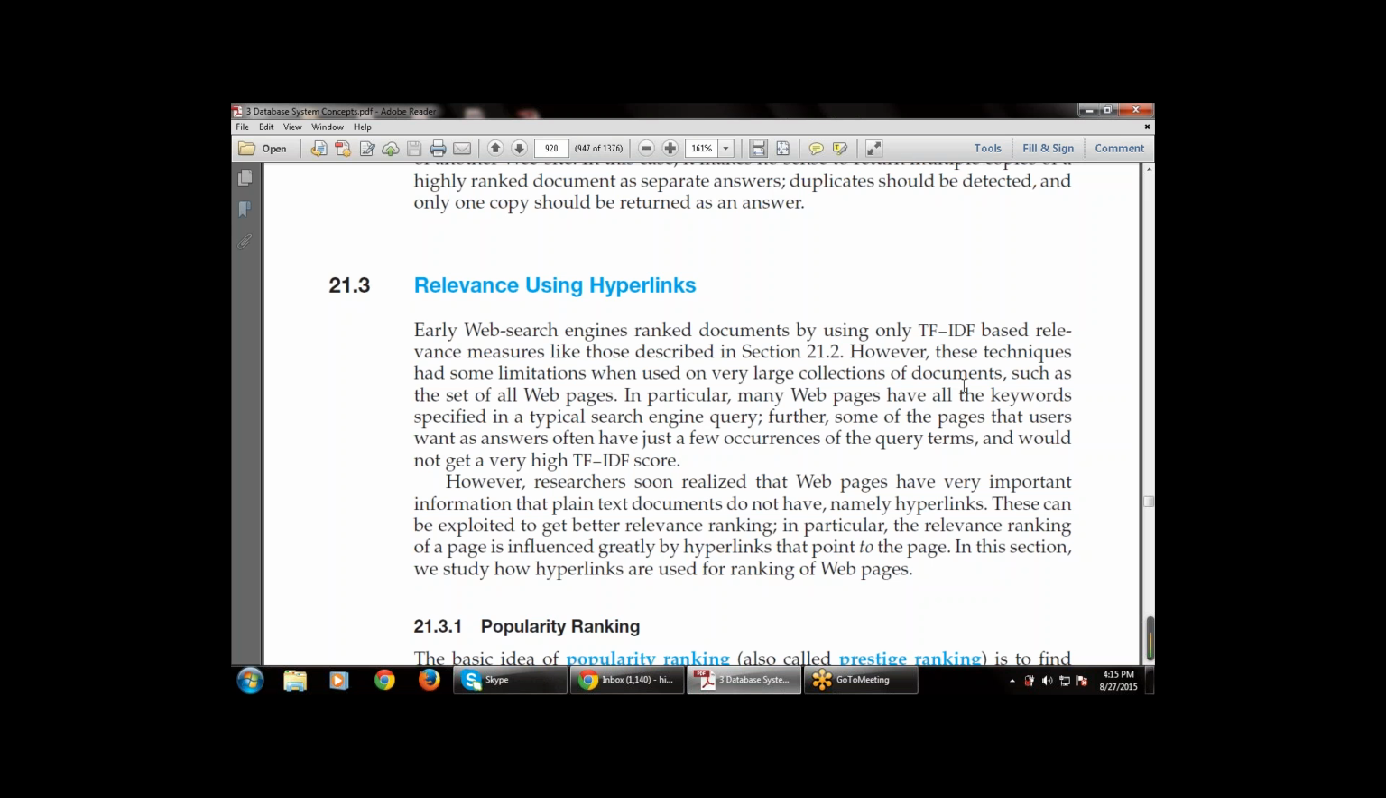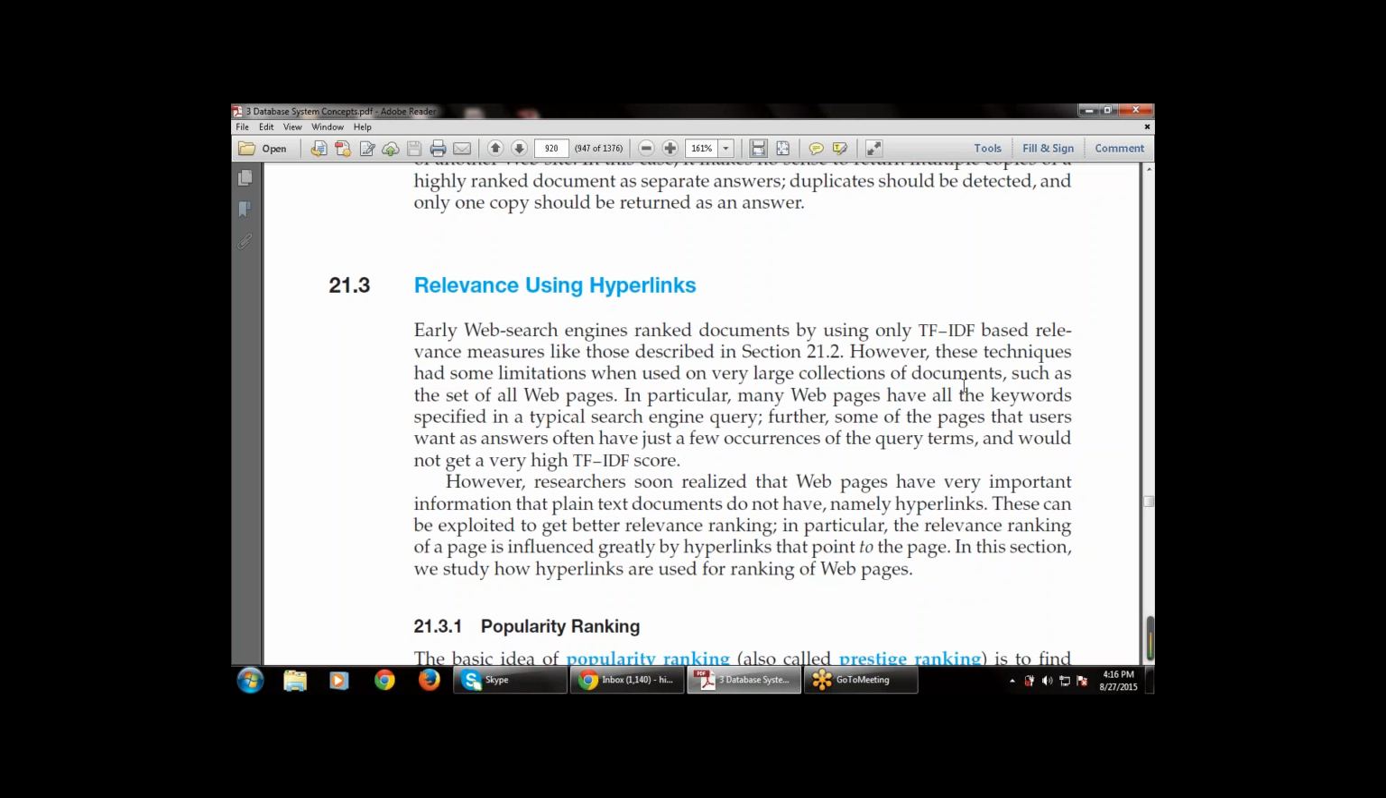In particular, many web pages contain all the keywords, so more than one page satisfies a typical user requirement in a search environment. Further, users often want as answers just a few occurrences of the query terms, and such pages would not get high TF-IDF scores. However, researchers soon realized that web pages have important information that plain text documents do not have,